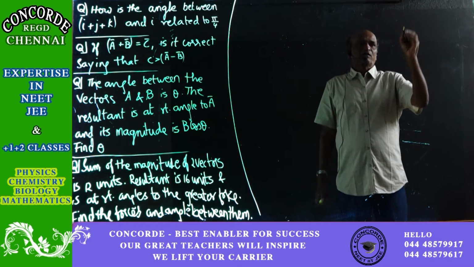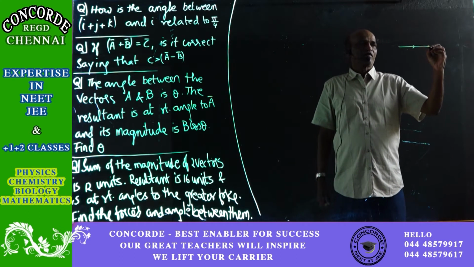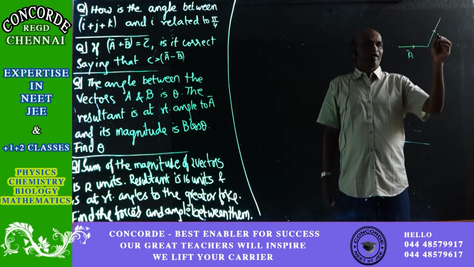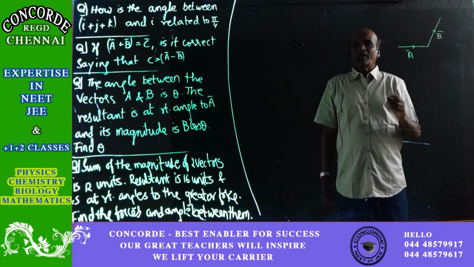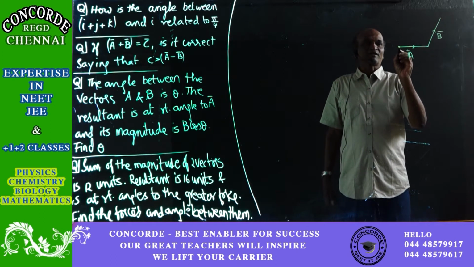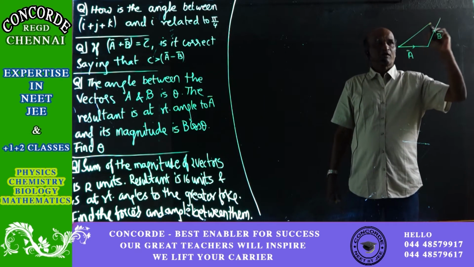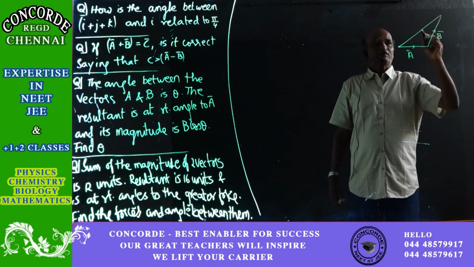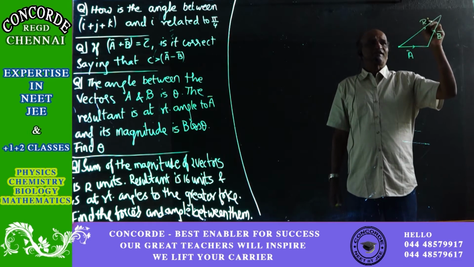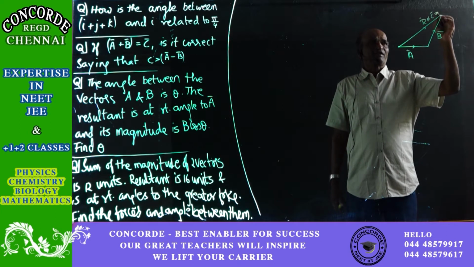So, well, this is a bar, and of course, from there we will take b bar also into account. Then you can see here that the arrows show that a bar and b bar are in order, continuous. Then in that case we know that the resultant will be the line joining the tail of the first vector to the head of the second vector. So this will be the resultant. And if this resultant is taken as c bar, then this will be equal to a bar plus b bar.